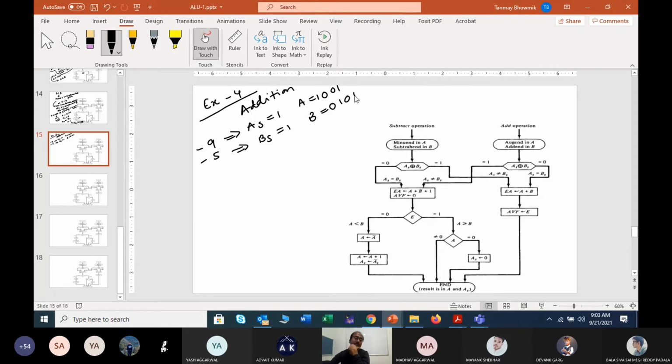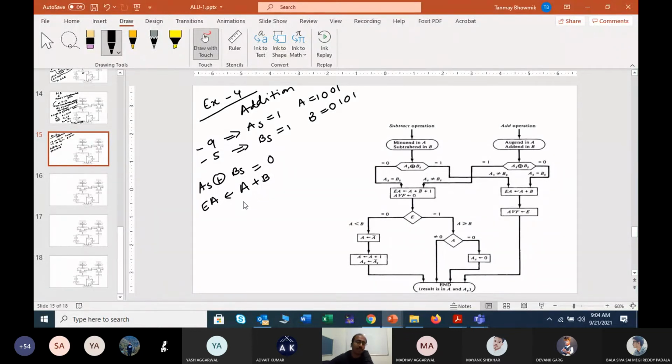These are the given conditions. Now again what will you do? Again you will just start from the XOR. So AS XOR BS will return a 0 because AS is 1, BS is also 1. So that means AS XOR BS will return a 0. So that means it is a case of which? 0. That means AS equals BS. We will perform EA equals A plus B. So that means now you will move to the condition of EA equals A plus B.